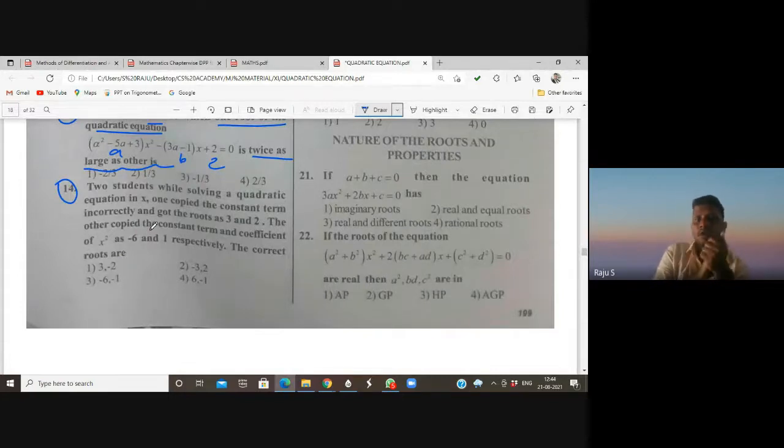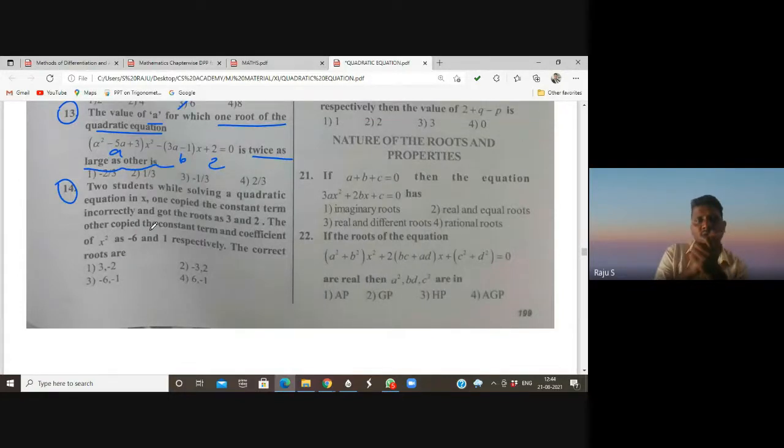So if you do question number 14, I'll do the 13. That's your wish. Here two students are solving a quadratic equation in x. One copied the constant term incorrectly and got the roots as 3, 2. The other copied the constant term and coefficient of x square as minus 6 and 1 respectively. Constant term is minus 6, coefficient of x square is 1, then the correct roots are,